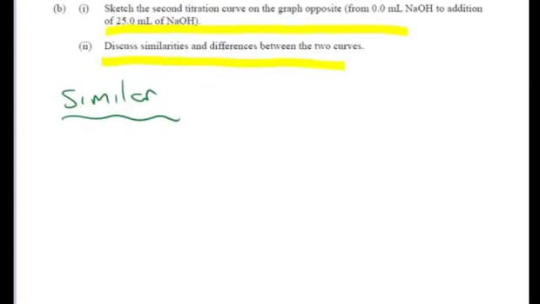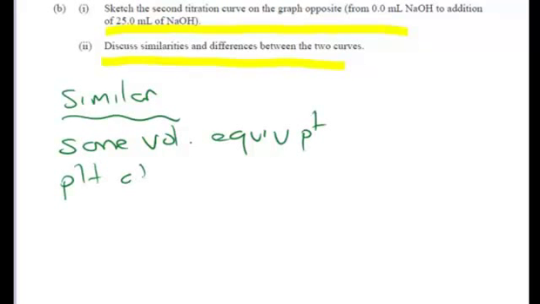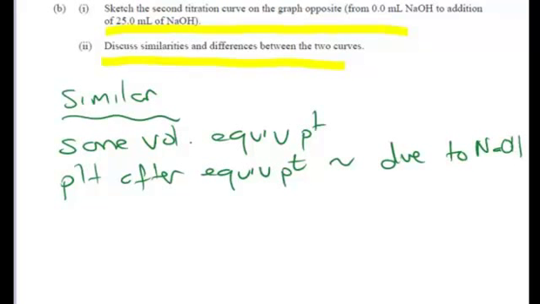Now similarities: the same volume for the equivalence point. The pH after the equivalence point we would expect to be the same. We wouldn't just say that, we'd obviously talk about why, and it's due to the NaOH, the sodium hydroxide. These are obviously both weak acids, although one's stronger than the other, obviously, because it's got a different pH. And when we look at the differences,